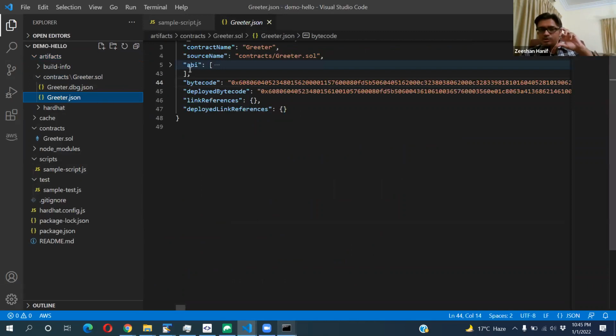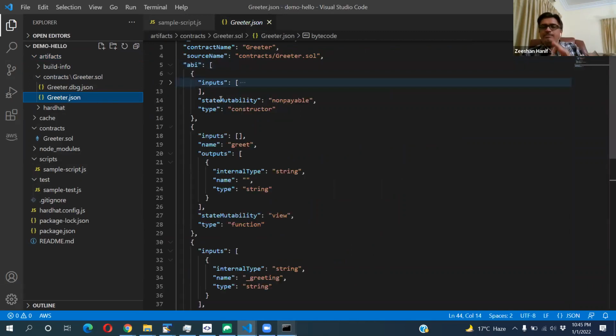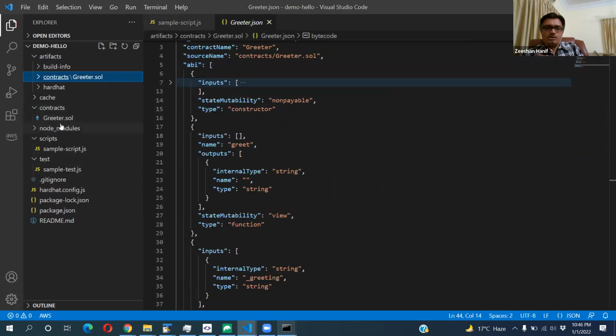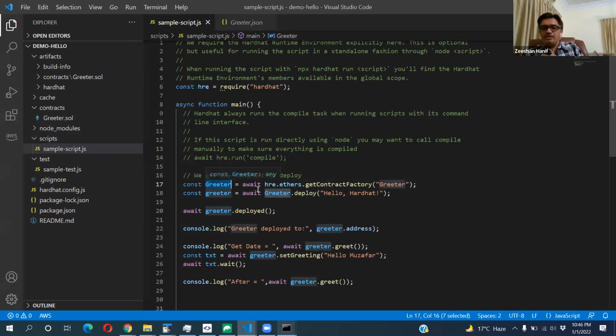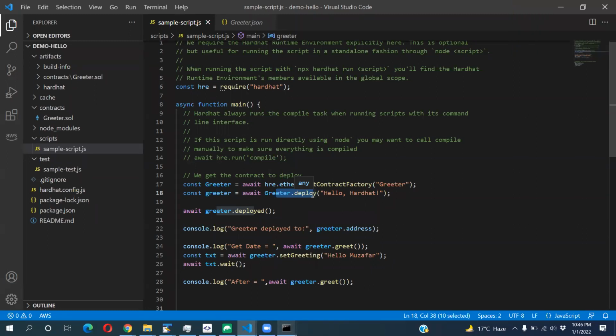It uses the ABI and bytecode, and then it loads the contract here, and you have this reference over here. Then you call greeter.deploy, because now they wrap it in some JavaScript variable. I'll show you that as well in TypeScript.